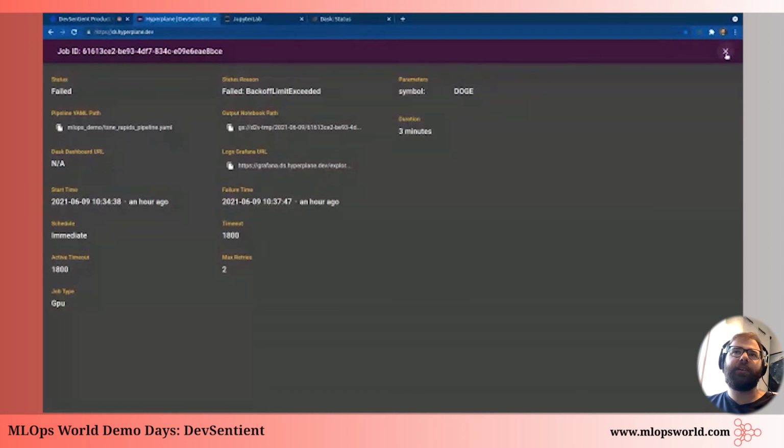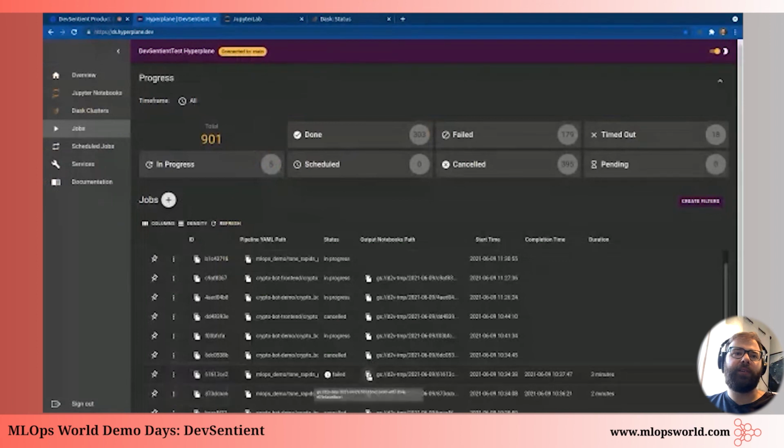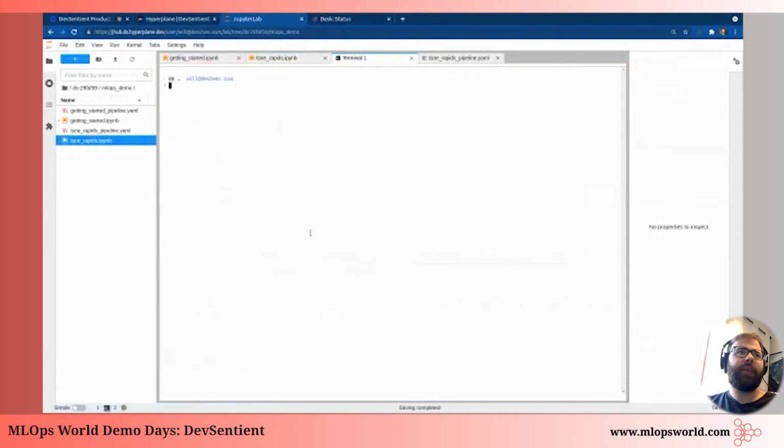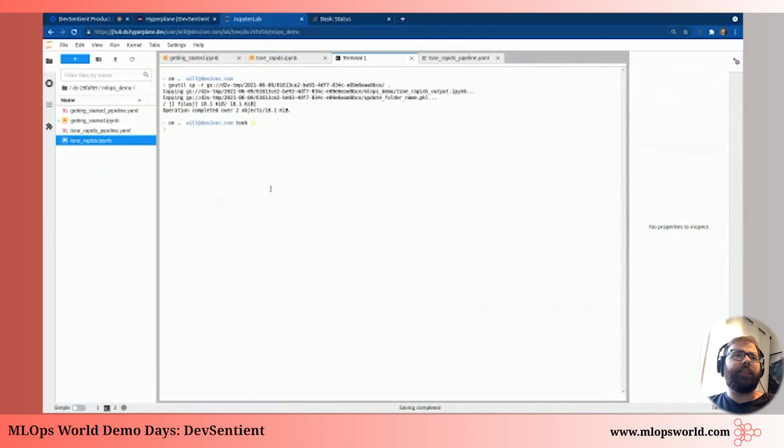So let's go ahead and see what the actual error was. I can easily copy over that output path, go back into my JupyterLab, open up a terminal here, and copy that down. This is stored in my Google Cloud, and I'll bring that down.